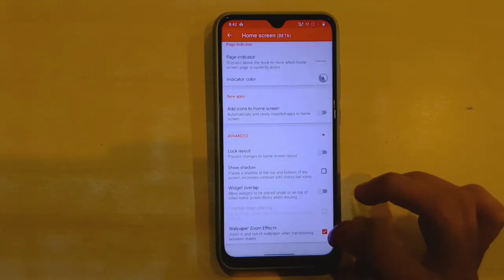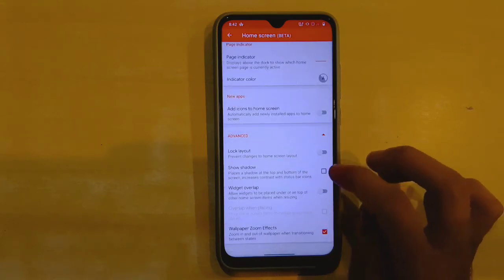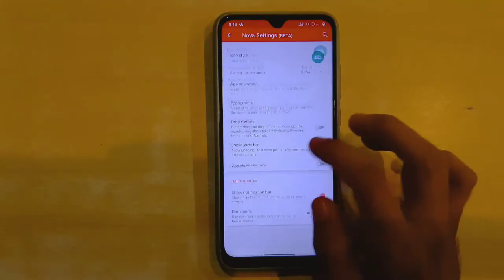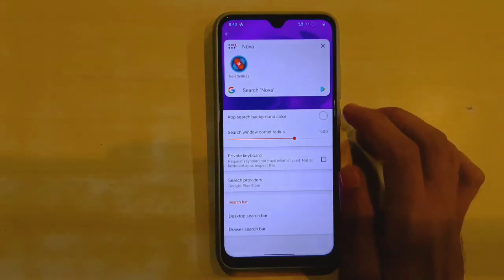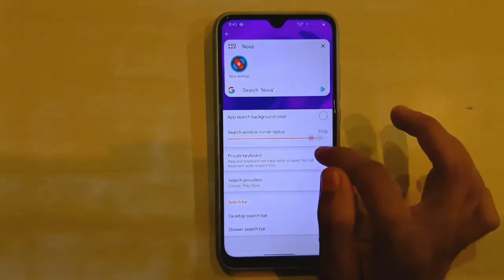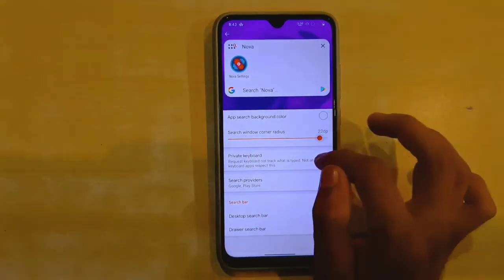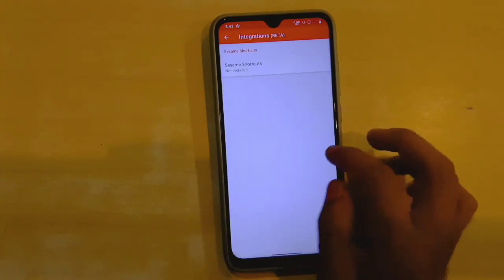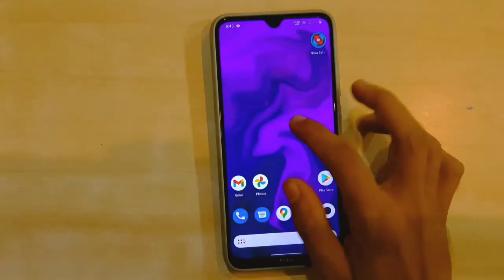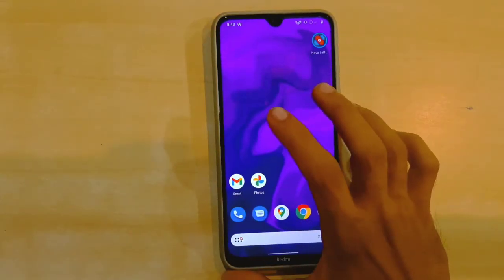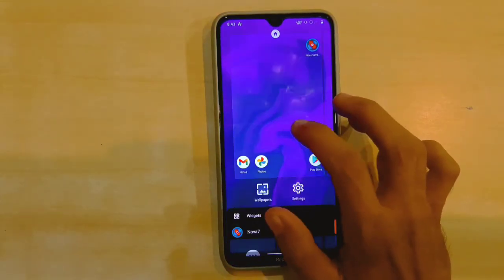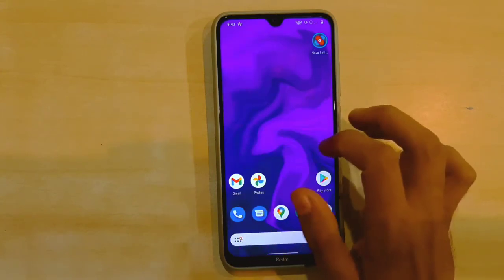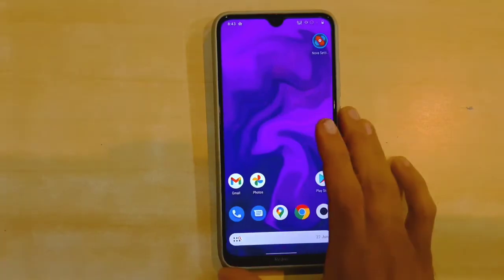Wallpaper zoom effects, which were recently introduced in Android 11. Then we get to see look and feel options, search options, which is also new. We get to modify the corner radius for the search toggle and many more. This launcher is also updated continuously within a week or two, so there might be a few bugs present in this app, but not fatal ones. Make sure to check it out.